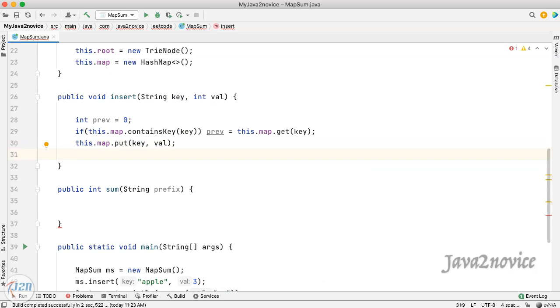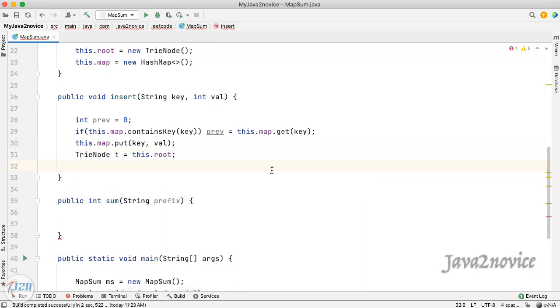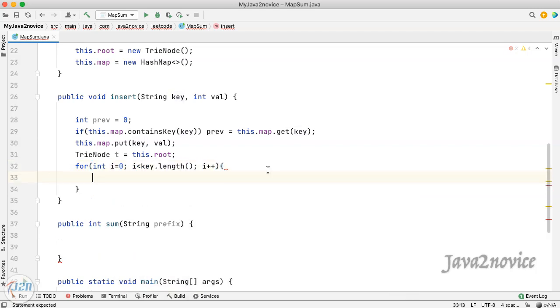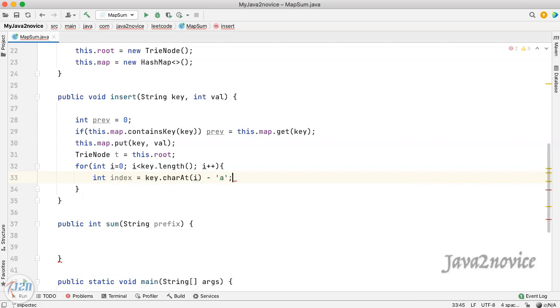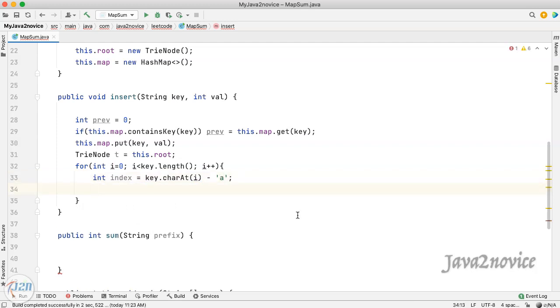Let's update the Trie data structure. We will create or update nodes by iterating over the input key string. Find the index using ASCII support. Check if the current node contains any child at the given index or not.